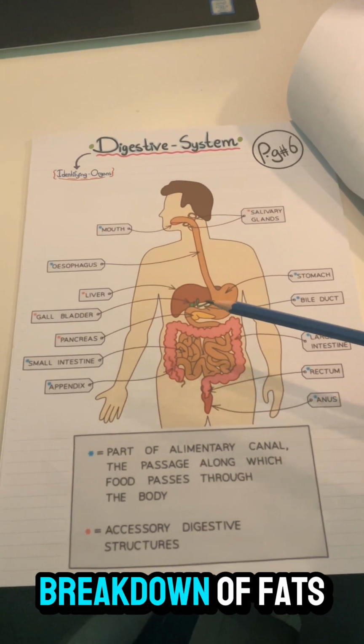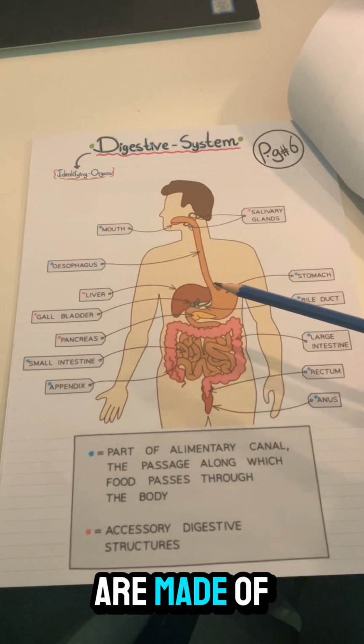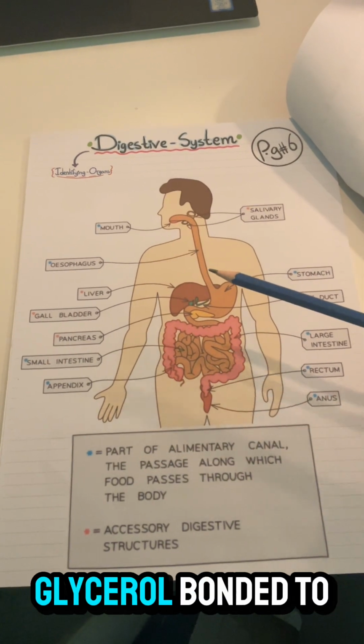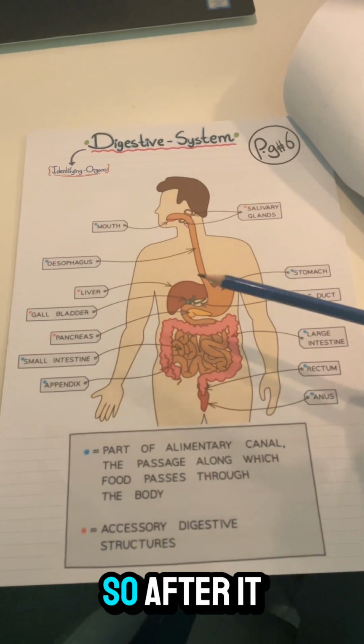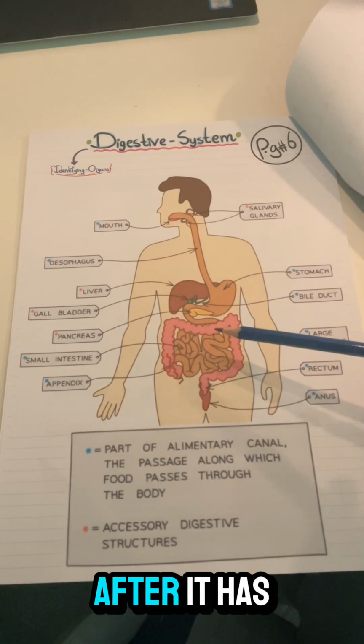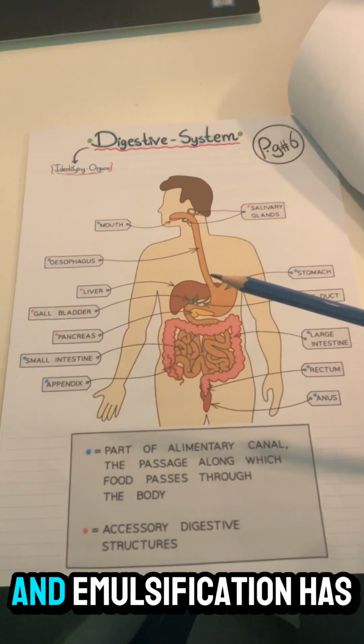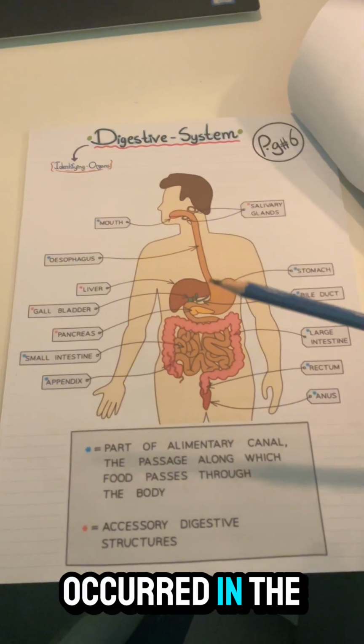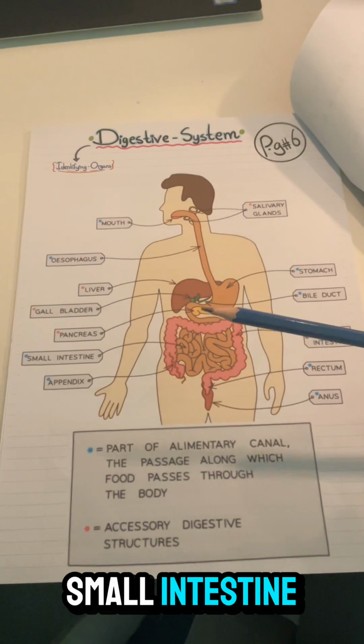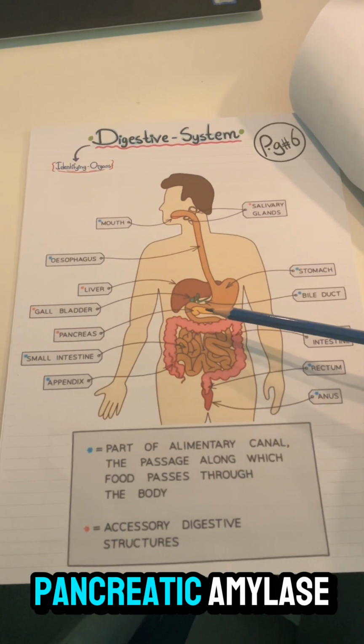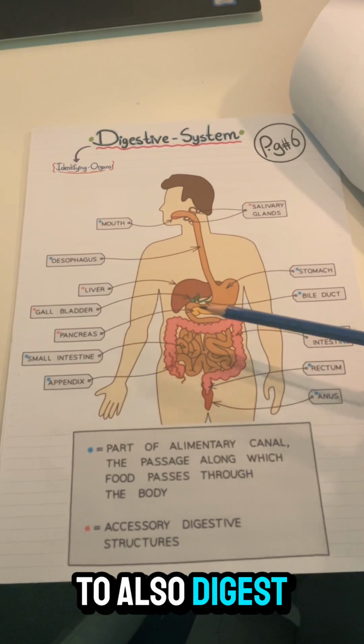Emulsification is mechanical breakdown of fats into what they are made of, triglyceride. One glycerol bonded to 3 fatty acid chains. So after it comes into the small intestine, after it has been neutralized by the bile and emulsification has occurred in the small intestine, the pancreas is going to produce pancreatic amylase, which is going to also digest the starch,